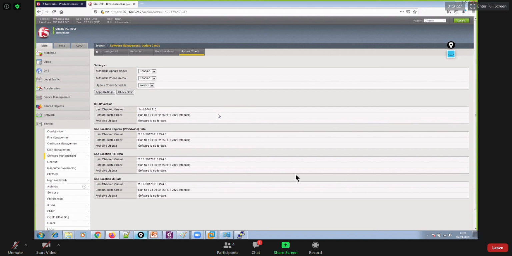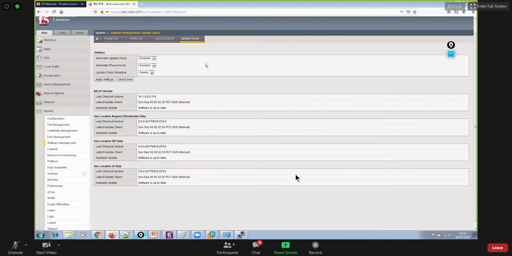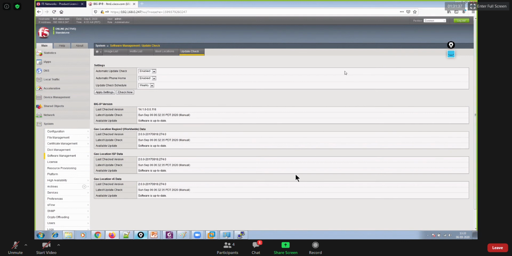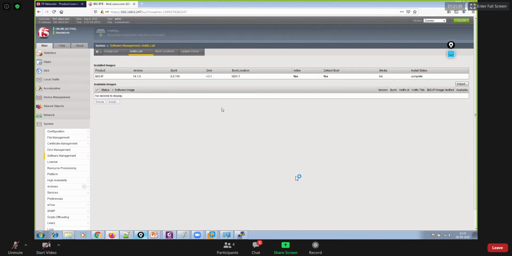Okay, so that's how you could see that, and this is how you would check your updates. Thereafter, in case you have some hot fixes, you could download those hot fixes from your website, and then you could install them here.